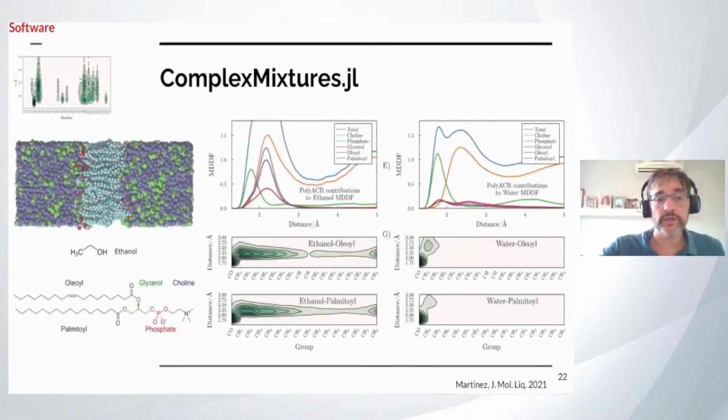Another example here is a different type of application. We have a membrane, a lipid bilayer, which is here solvated by a mixture of water and ethanol. Ethanol is known to be a destabilizer of these bilayers. And we can, again, using the same ideas, compute the minimum distance distribution functions of the bilayer relative